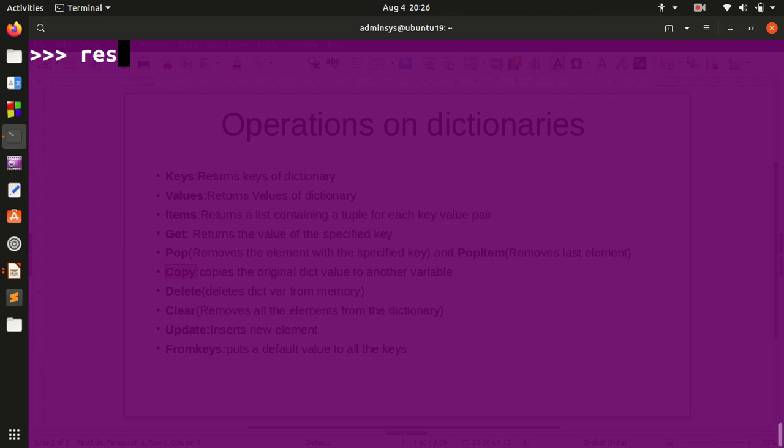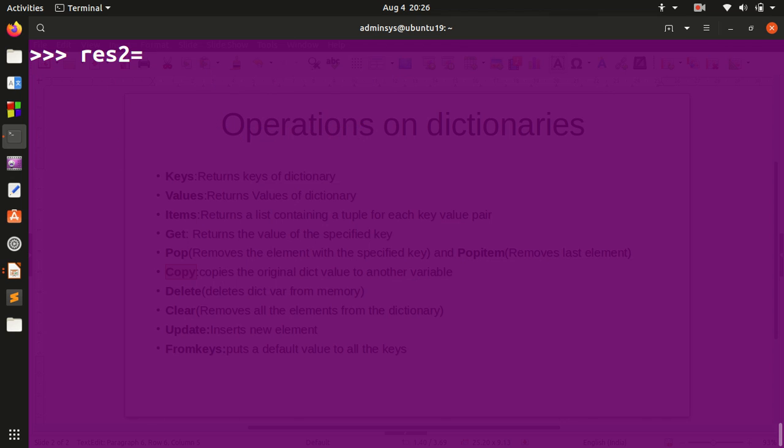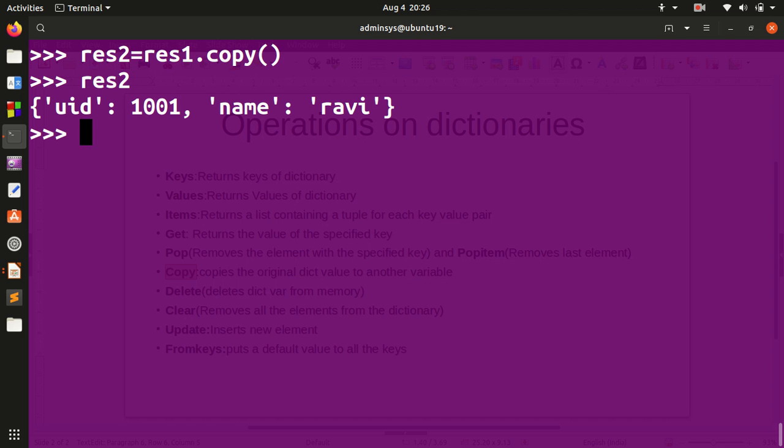Suppose let's say res, we know res equal to UID and name, and res1 also has the same values as res. Suppose let's say res2 equal to res1 dot copy. So now if I check res2, it has the same value as res1, and res1 also has the same values.